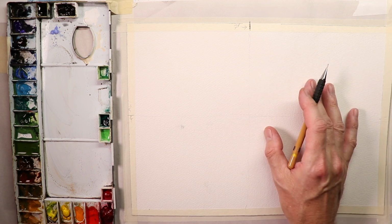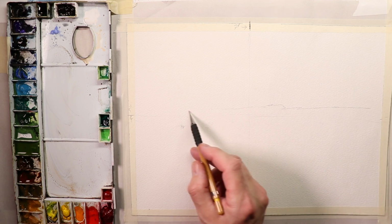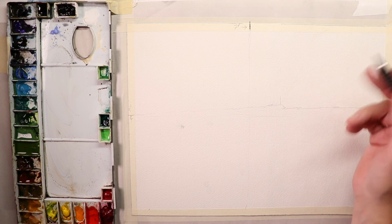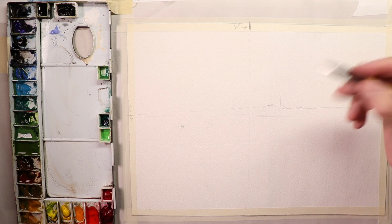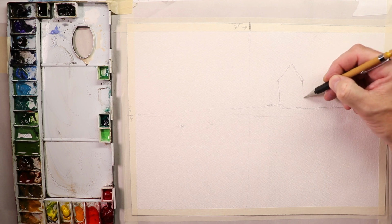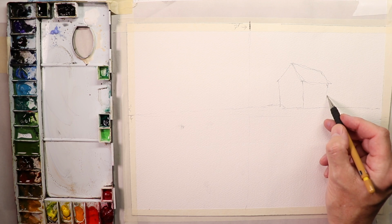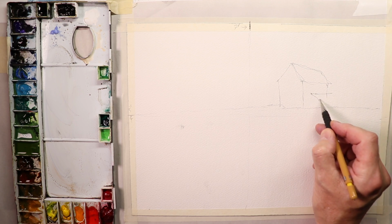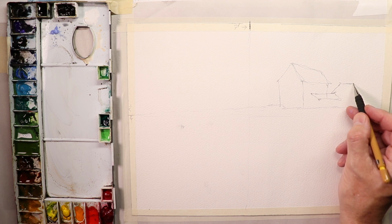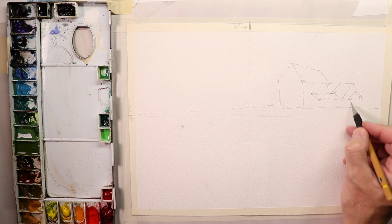Then we can start our drawing, and again, subject matter is up here, so let's start out. Just a rough line here. I'm just going to do this real lightly. Matter of fact, I'm going to do it lightly, and then we're going to go over it with the ink, so you'll see it when we do the ink. So I'm just going to try to get a basic. And then we have a little bit of shack over here. And this one's over here maybe. And there's another there, so I'm just kind of working out some